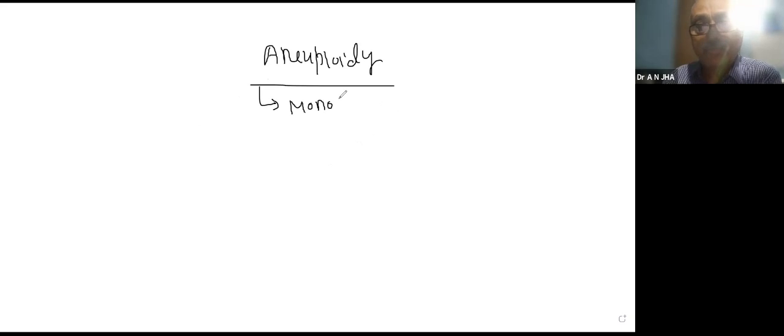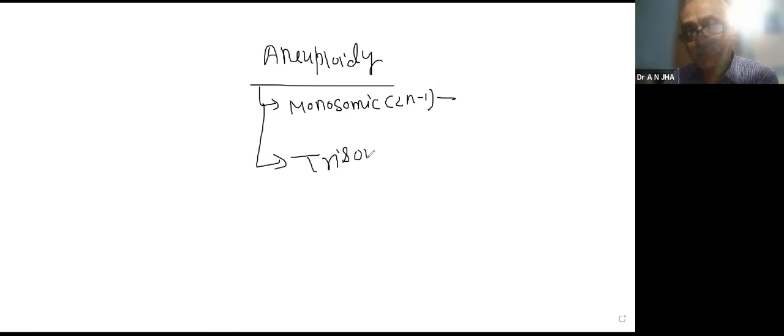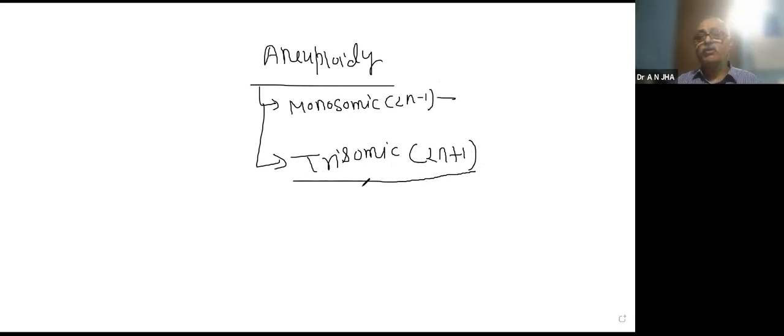In aneuploidy, the number of chromosomes gets changed. So let us know the types here. One technical word is monosomic, in which one chromosome is less. That we have discussed. And now we are going to discuss trisomy. Trisomic or trisomy, the matter is the same, 2n+1. Now the question arises, when one chromosome number increases, then what are the syndromes?